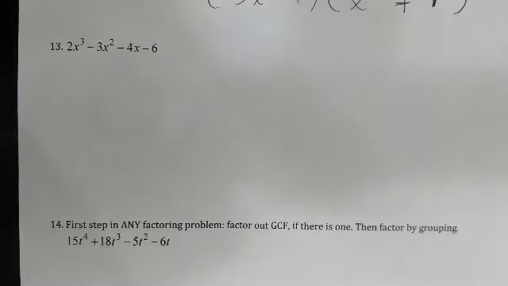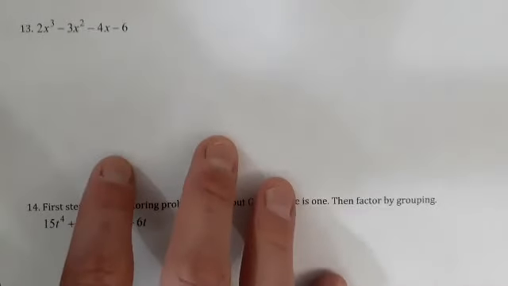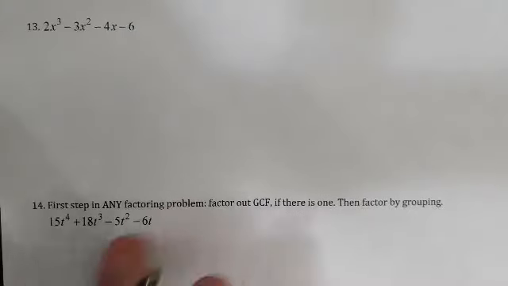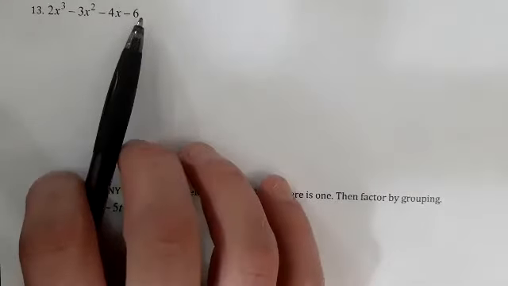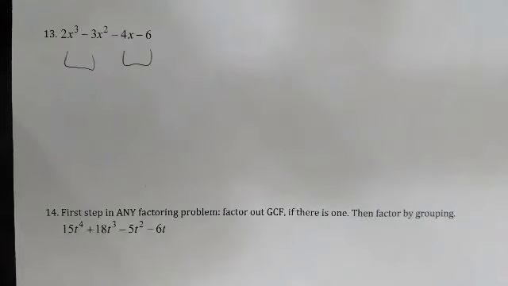Now we're looking here. The first thing we ask is, is this in descending order? The other thing we should really ask is, is there a GCF out of all of these things? I didn't really ask that with the last one, but we had 3 and 7, and the second we see 3 and 7, there's no GCF between 3 and 7. Same thing here, we have 2, 3. Between 2 and 3, there is no common factor. If we look at the x's, there's no x's on this last term, so there's not an x I can take out of everything. So the GCF is 1. They'll probably try to catch us on that one after we get used to just doing these things. But